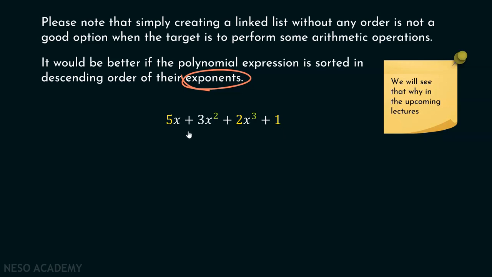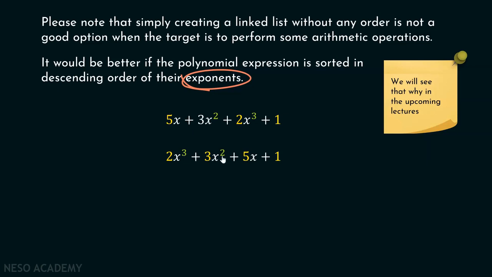Here you can see the terms are not arranged in this polynomial, right? The first term is 5x, second is 3x square, third is 2x cube. Obviously there is no order here in this case. Now, this is the updated polynomial. Obviously this is the same polynomial, but